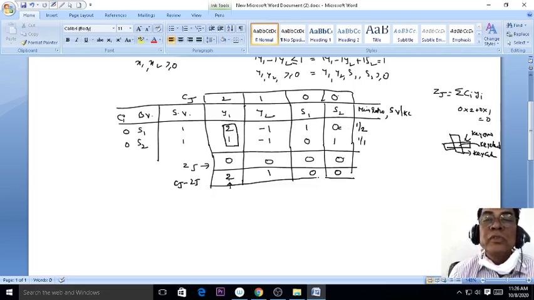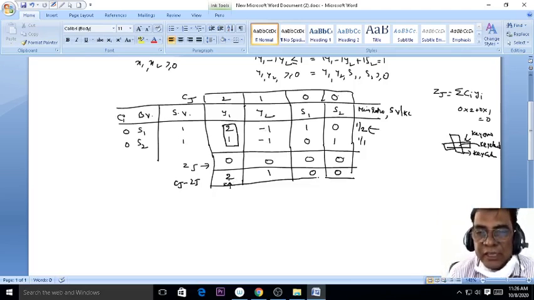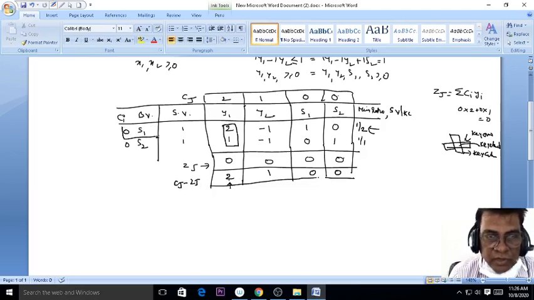So out of these two, which is the minimum positive value? This is the minimum positive value. So for key column, select the maximum positive value. For key row, select the minimum positive value. So minimum positive value means this one,